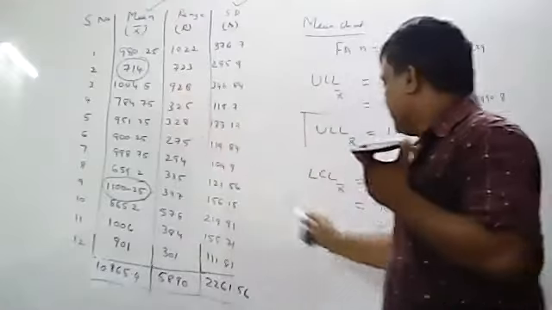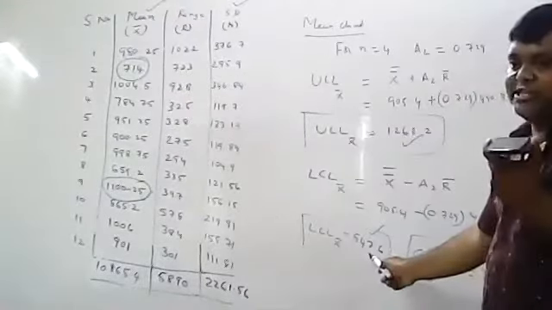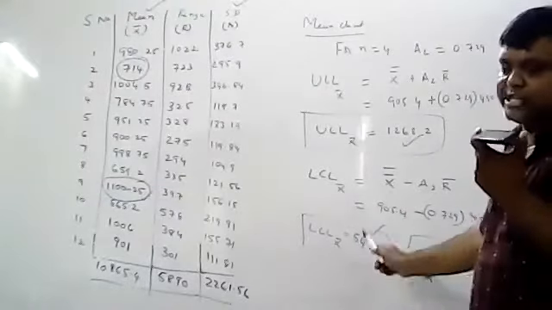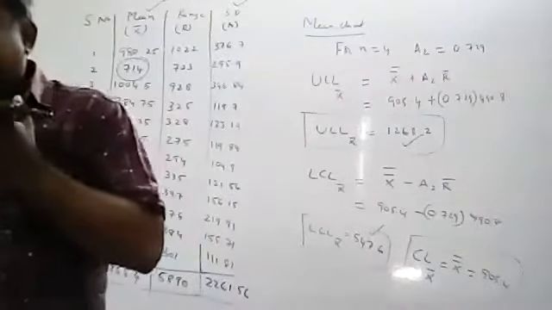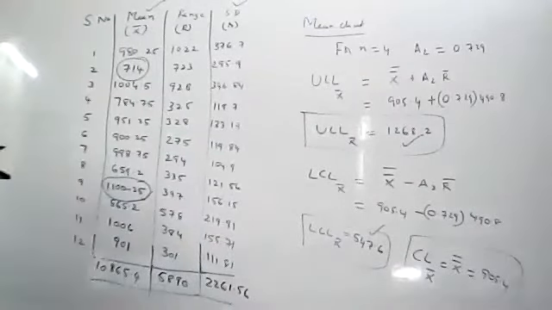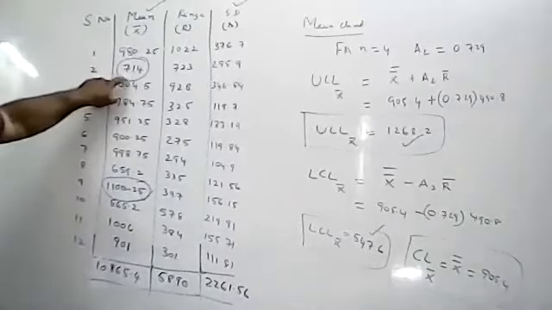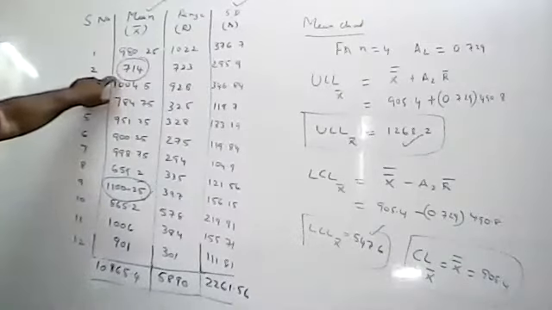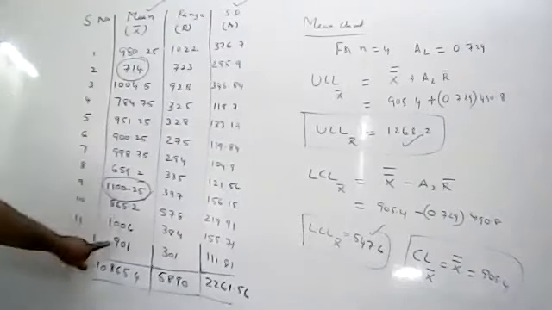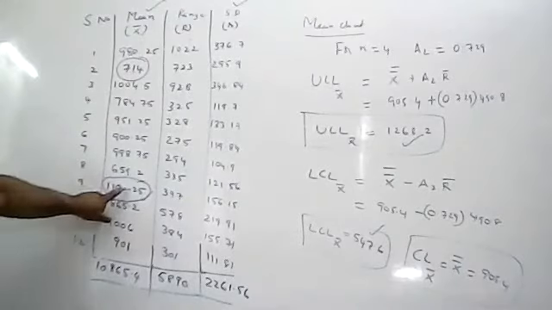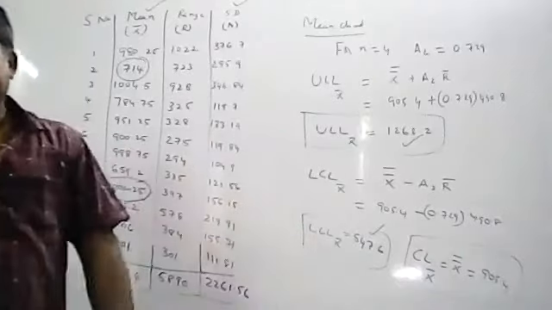Then the minimum value should be compared with LCL. So what is this value? This is 714. This is 547. So which is minimum? 547 is minimum. So scale should be considered 500 to 1300. Okay, all of you understood. In mean values, 714 is the minimum and 1100 is maximum. So maximum should be compared with UCL, minimum should be compared with LCL, and then take the scale accordingly.